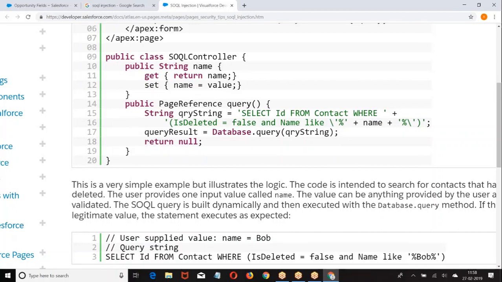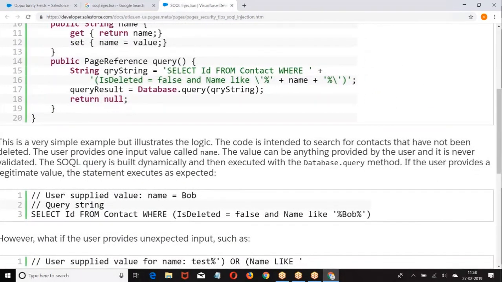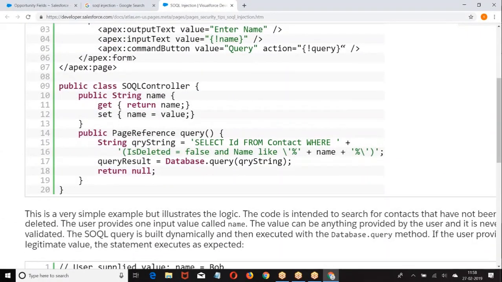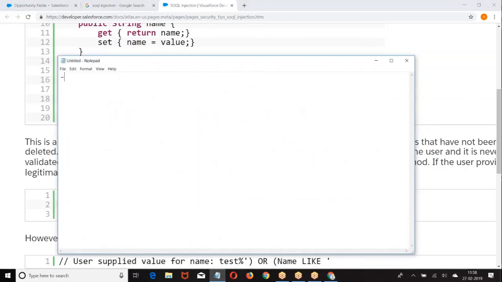From where are we entering this name? User interface. Value can be anything provided by the user. When the value can be anything from the user, if it is tampered data, it goes to vulnerability. Suppose I'm introducing some code in the input text box. I can enter whatever I want. If it is vulnerable code, anything that is going to harm the query or the interactions will also be taken. Anything that you enter is a name for me. Now, I entered a JavaScript code.